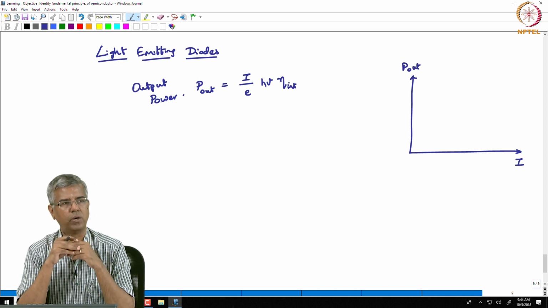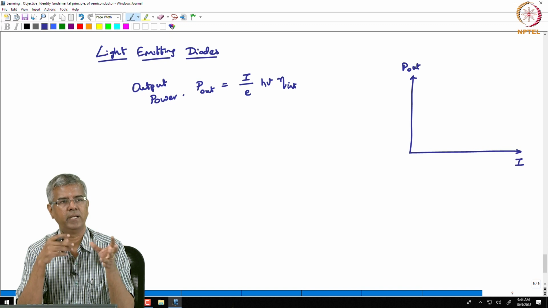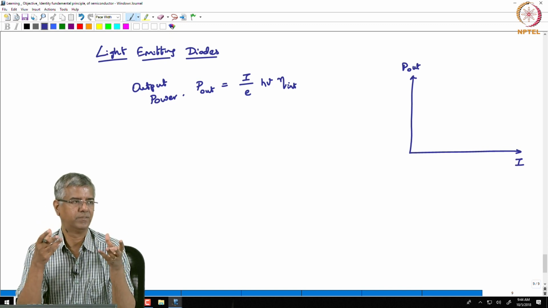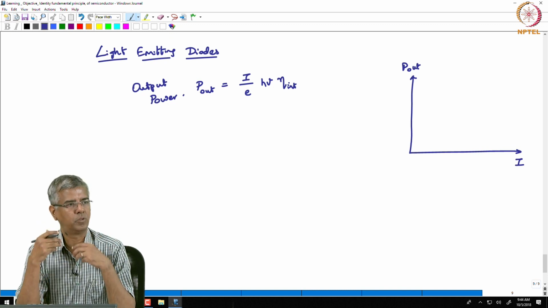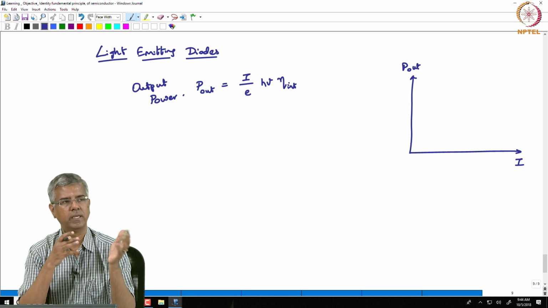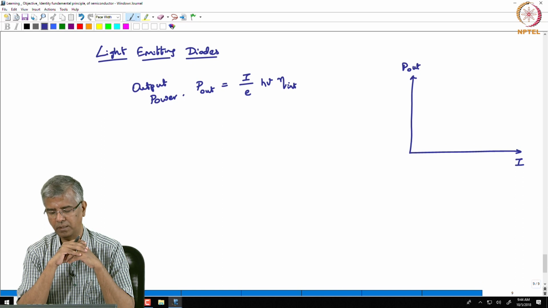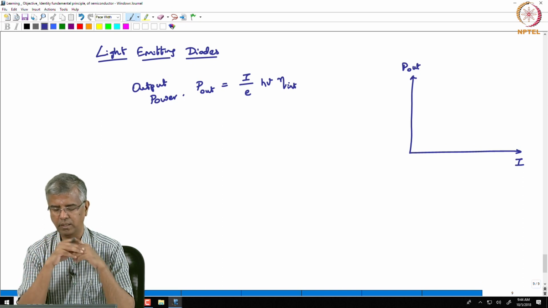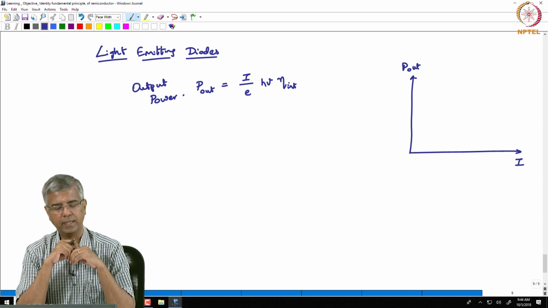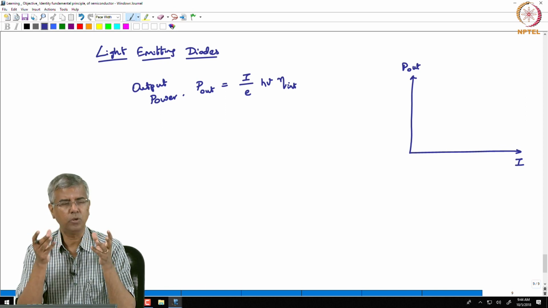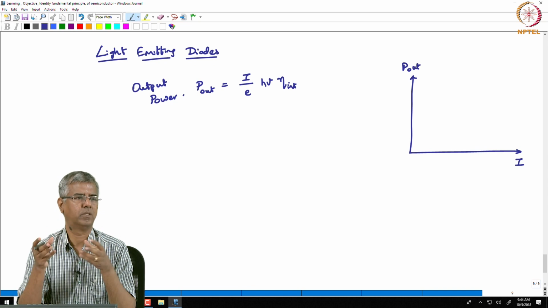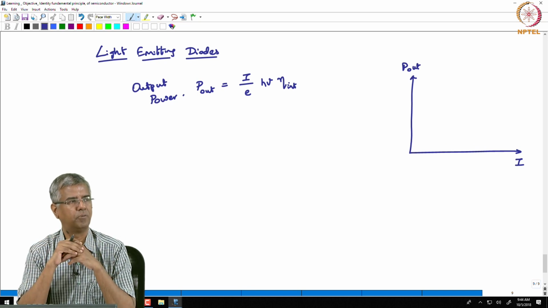The electrons could collide with each other and generate heat, and since they are losing energy as heat, you may lose that corresponding electron energy in the conduction band, and that would be a non-radiative mechanism, because now you are not extracting a photon out of that